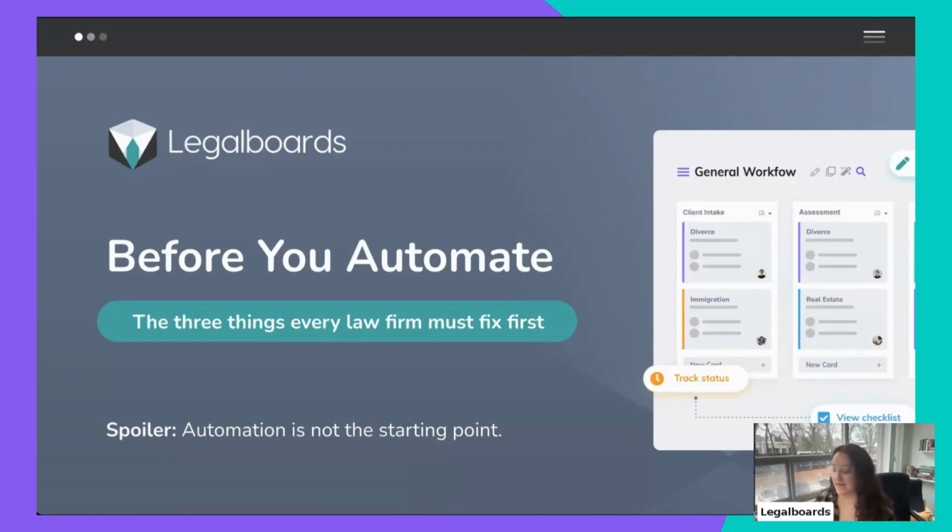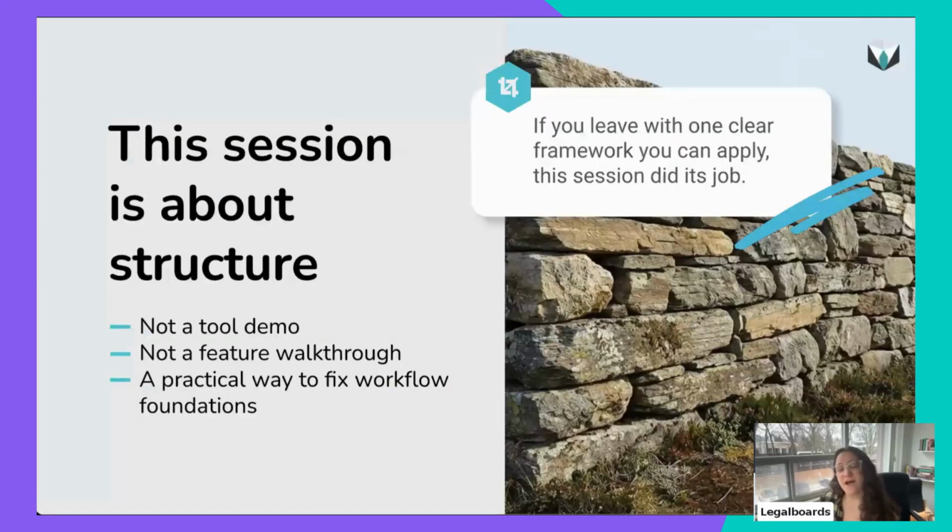Automation is only useful, and that's why I am here not to talk about demo, tools or features or things like that. I am here to talk about what you have to have before you apply any automation or any new technology in your firm. And this piece of work is really brain power that has to be done, and it's not well done by technology in general. So you have to have that in mind first.